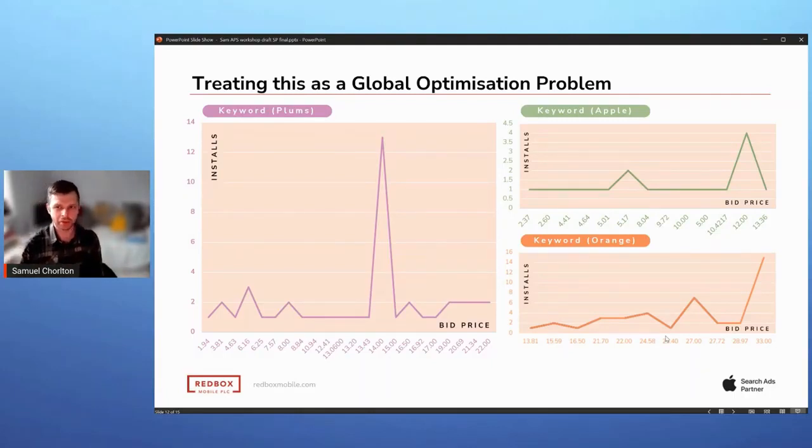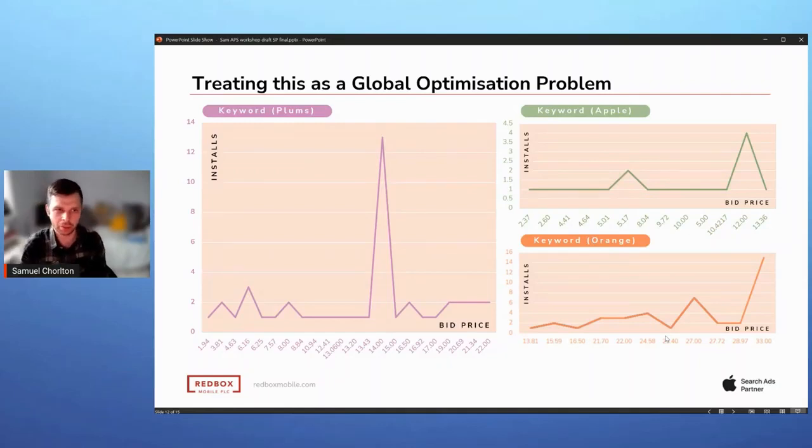So what we're really talking about doing here is we create that historical performance picture for as many keywords as we possibly can. And then we let the algorithm work out for us what is the best way to set the bid prices to achieve the objectives that we've set out. And this is a really powerful method, because we are able to focus on learning or discovering the performance of keywords, and then we're able to algorithmically let the computational code take over and start to optimize the bid prices so that we can maximize our return on investment.